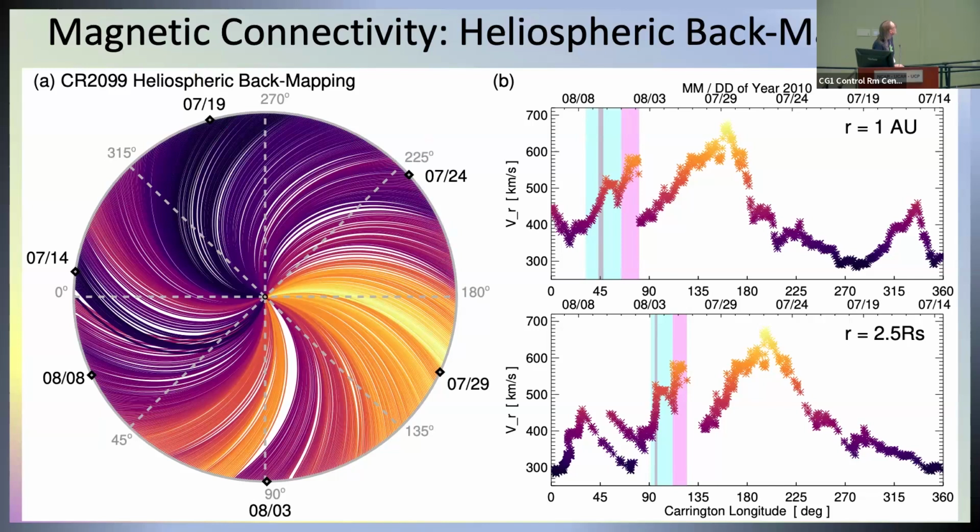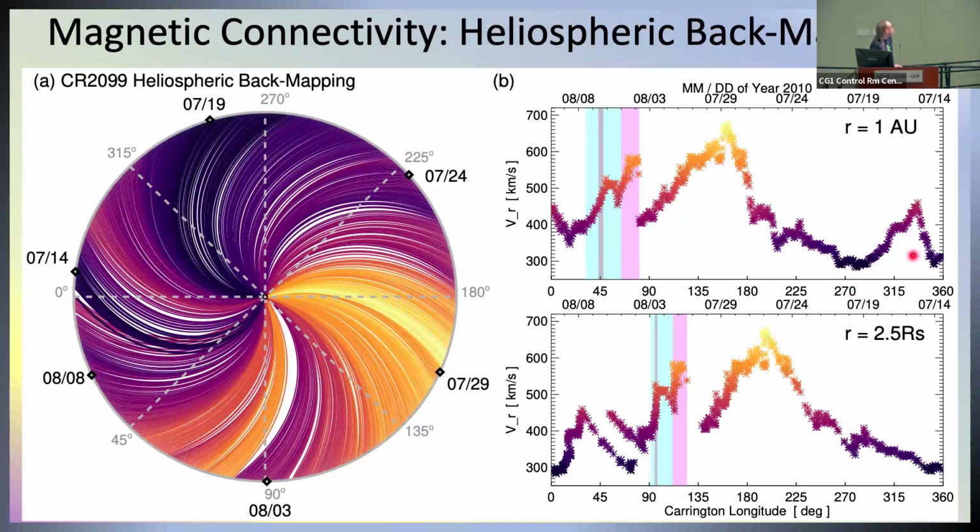So what I've got here is Parker streamlines basically mapping one month, one Carrington rotation worth of solar wind from 1 AU back to some position at the sun. Here's solar wind speed measured by the ACE spacecraft at 1 AU, so that's out here at 215 solar radii or so. I've colored it by speed,